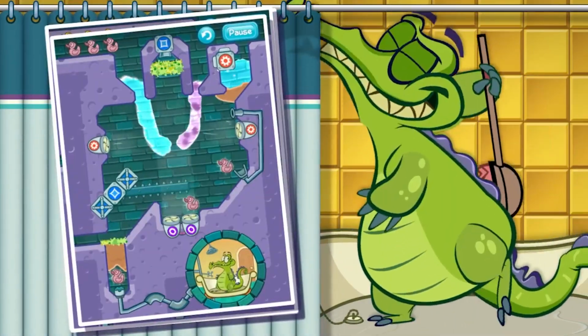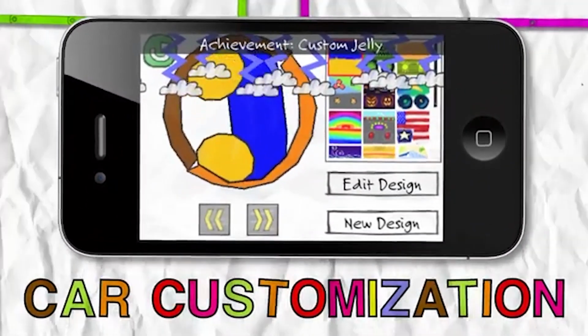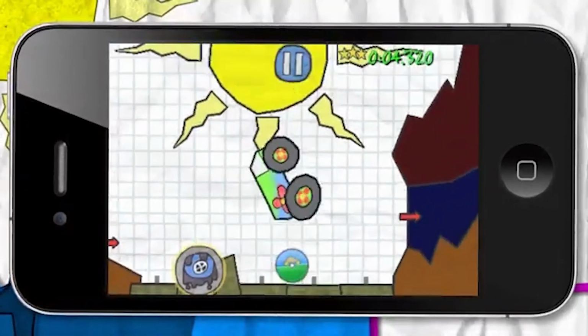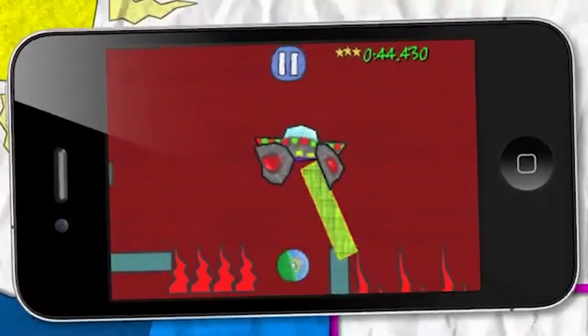Then I got a chance to make JellyCar 3 as the first project for Creature Feep, which was the name of our studio inside Disney at the time. We went on later to make Where's My Water and a few other games, but JellyCar 3 was our first project. JellyCar 3 added way more customization to the cars, some ghost replays, and silly custom sound recording, as well as more thematic levels, and was out on iOS and Android.